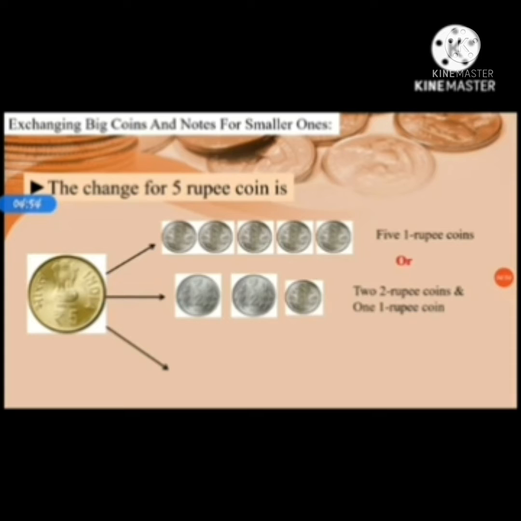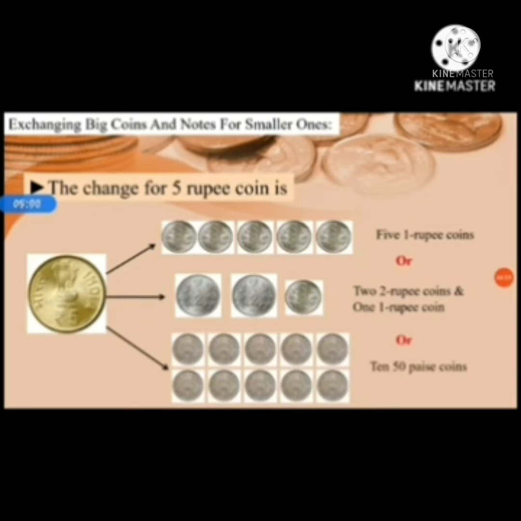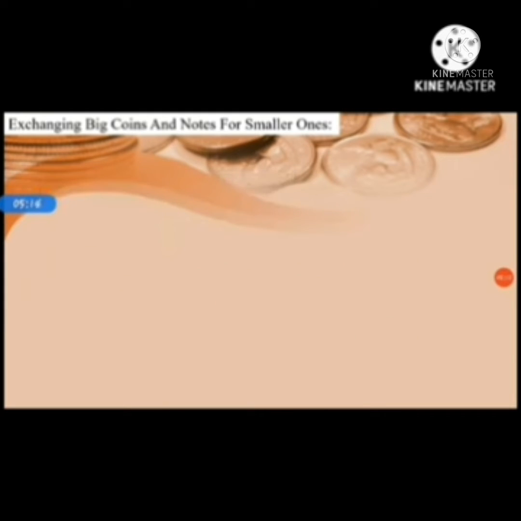So we'll get 2 plus 2 is 4, plus 1 is 5. Or we can take 50 paise 10 coins, then we'll get 5 rupees. Okay, clear? Now move to the next.